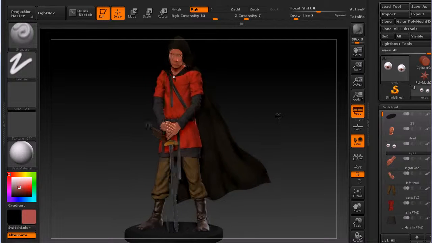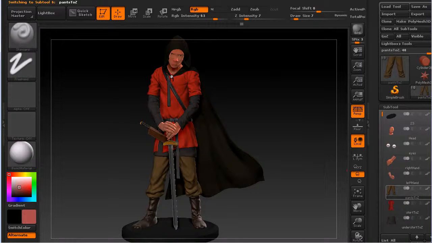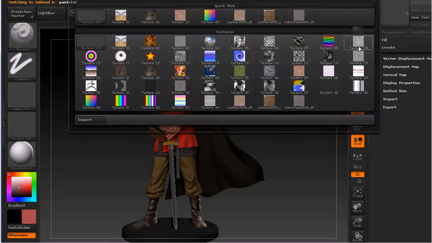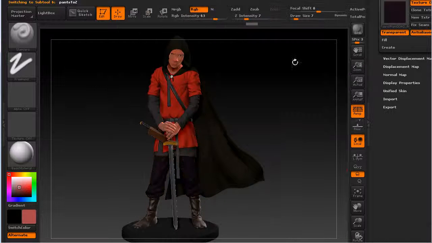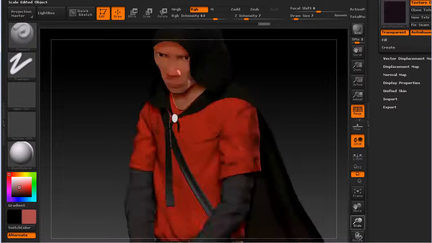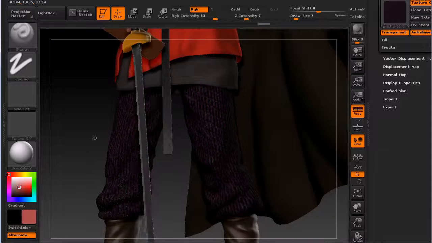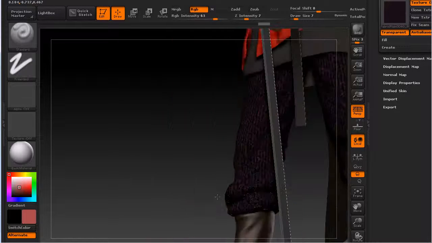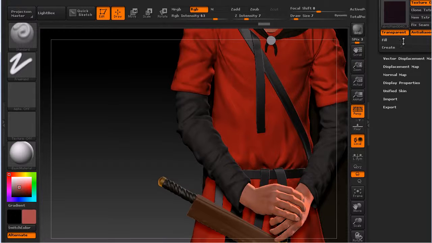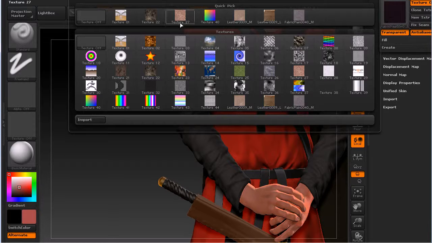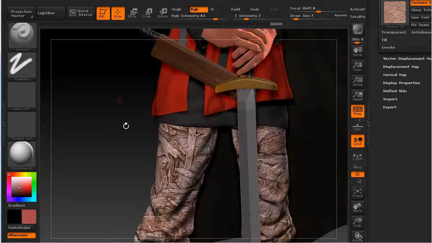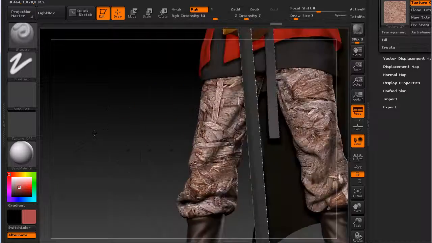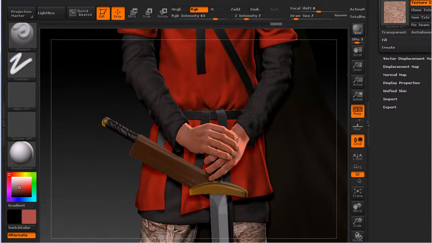So in ZBrush we can import them back in, which I already did here. I showed that in a previous lesson. You just put it down to the lowest subdivision and just do import while you have that subtool selected. And under texture, you can, well, this looks a bit like a bad house party pants from the 90s. But under texture you can select all these textures which are there standard, and as you can see, because my UVs are good now, they have no stretching or anything, and I can just then use textures as a base